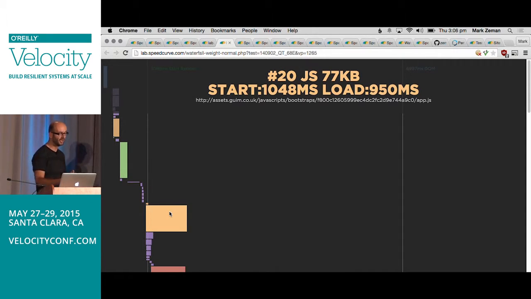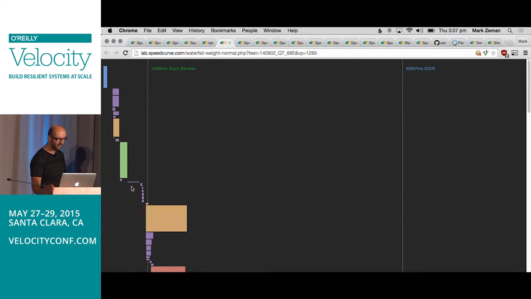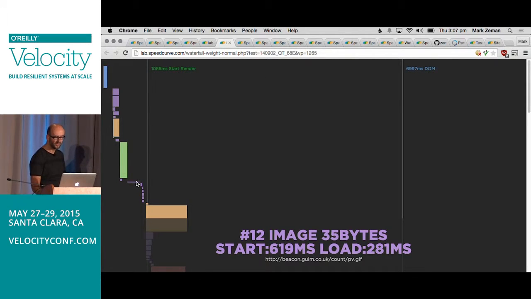That's kind of fine. Here's my rendering line, the green line. What's blocking those requests? And then I look at this and I go, hey, what's this tiny little request here? What's going on with this? This is quite odd. Here's a tiny request, only 35 bytes, but yet it took 600 milliseconds to load. And so the form of this, where we're using height to give us a sense of scale, helps us interpret